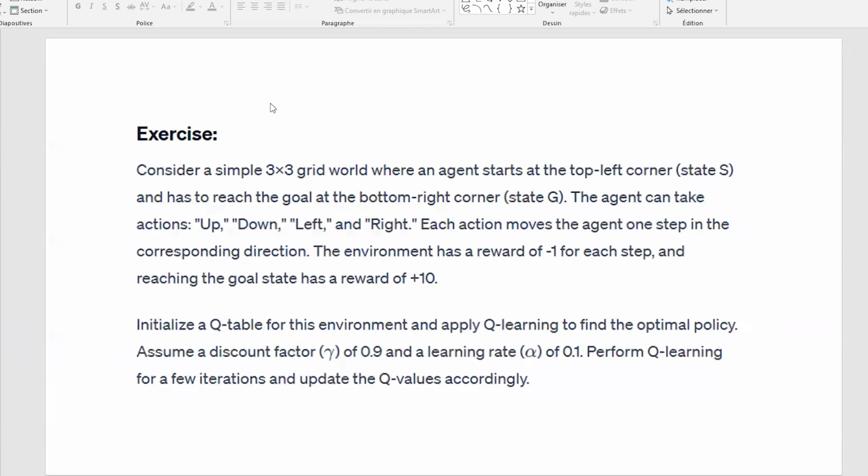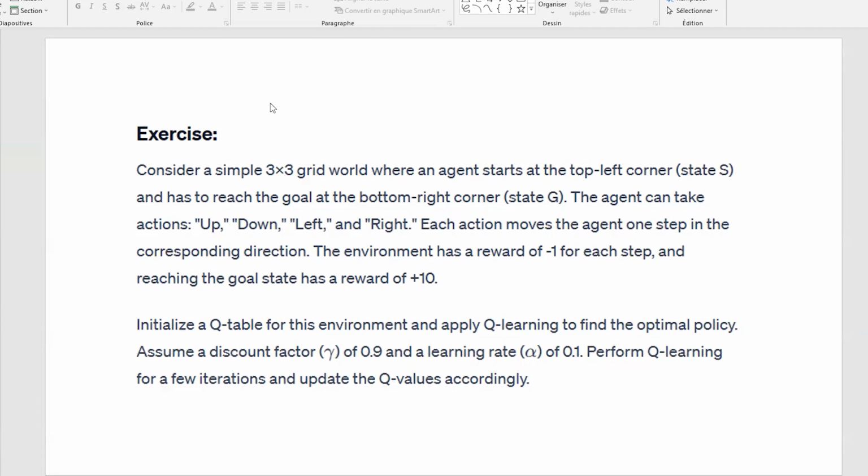So consider a simple 3x3 grid world. An agent starts at the top left corner and has to reach the goal at the bottom right corner. The agent can take up, down, left, and right. Each action moves the agent one step in the corresponding direction. The environment has a reward of 1 for each step, and reaching the goal state has a reward of